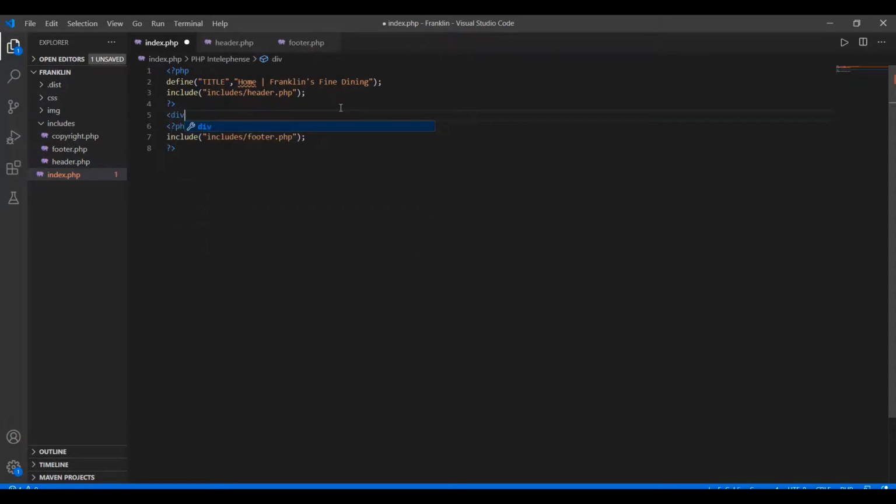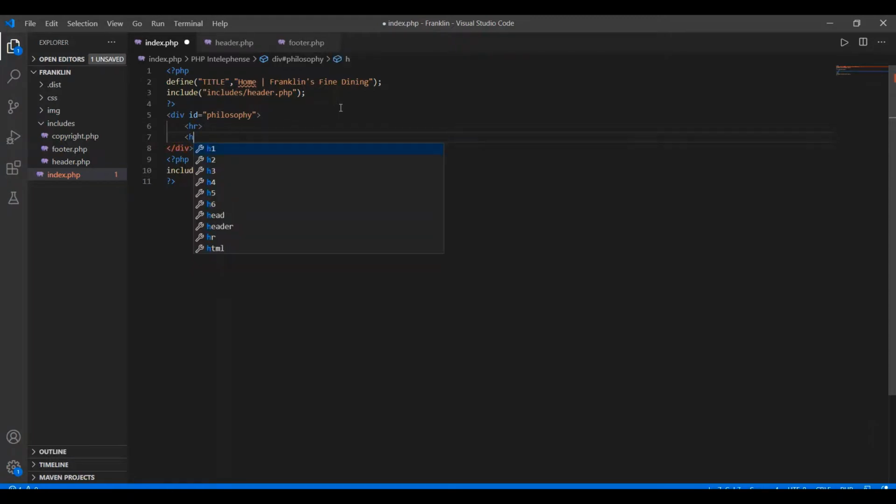So I'm using a div, and to this I'm giving the ID philosophy, and within this I'm using my horizontal rule HR element, and after the HR element I'm using my H1 element to give the header.